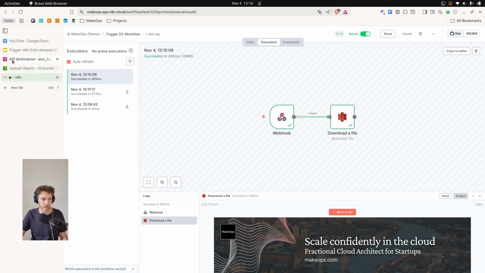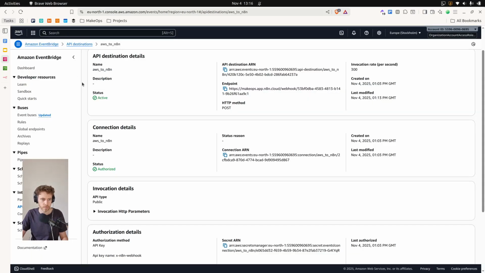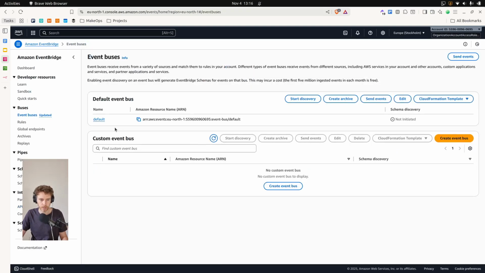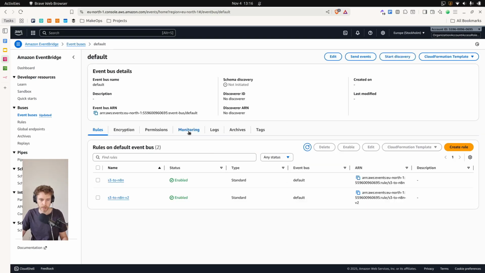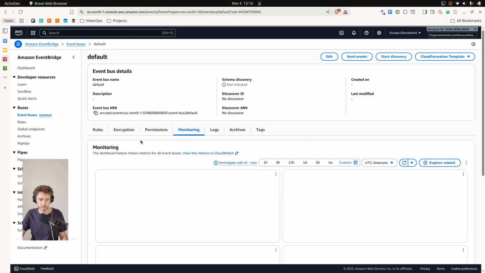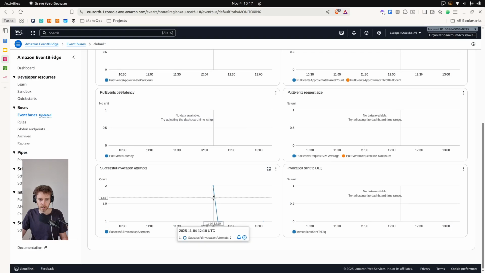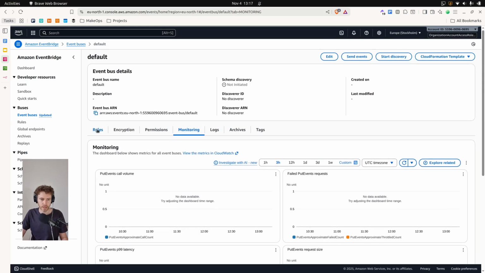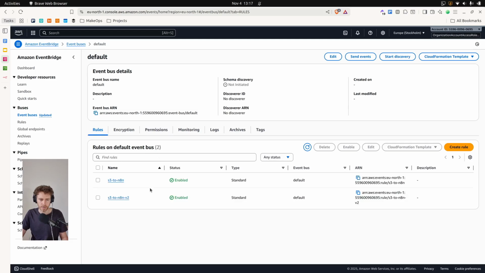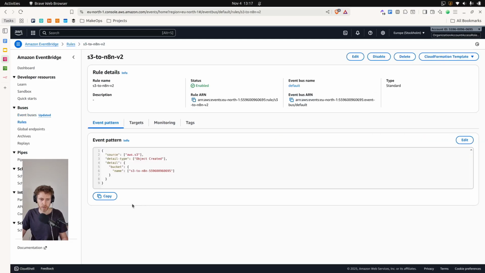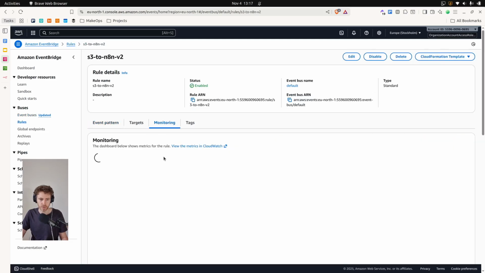And that is, if we go back to the EventBridge console, we can go over to event buses, and we can go over to this default event bus. And over here in monitoring, some of the things that we can see are invocation attempts. That's giving you an indication of messages that are going onto this bus. The other thing to look at is rules. If you're looking at a specific rule, you can open up the rule and also see metrics for that